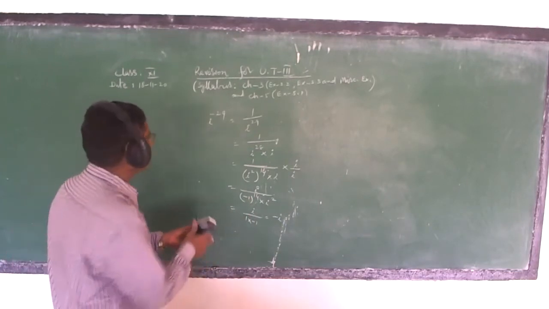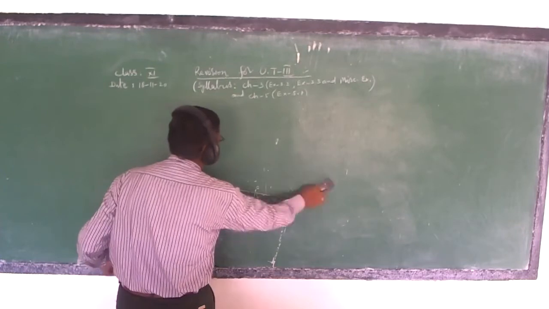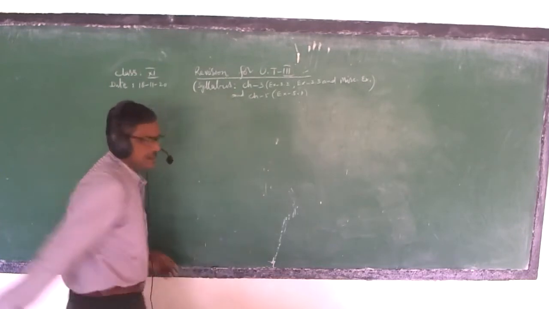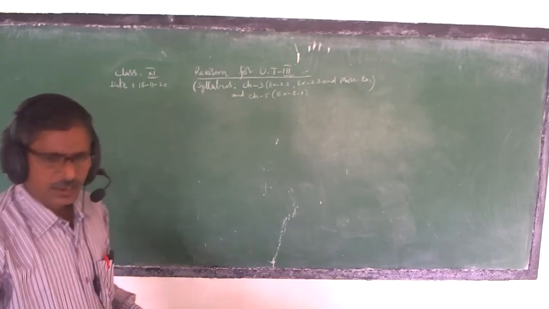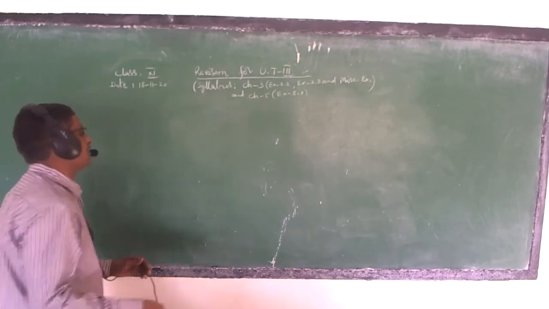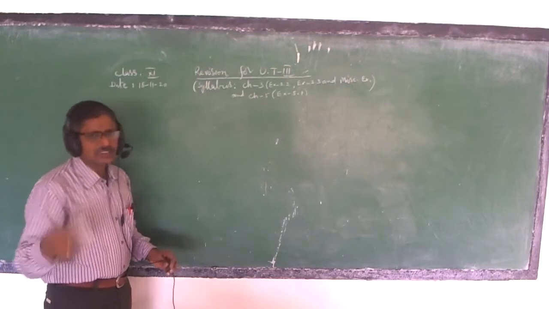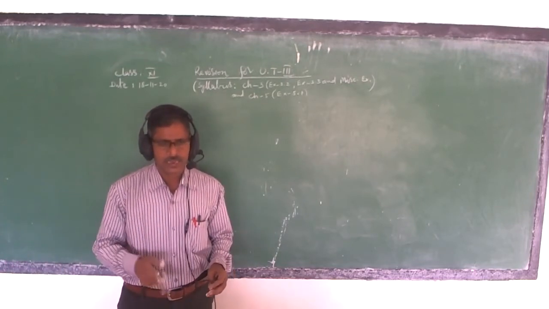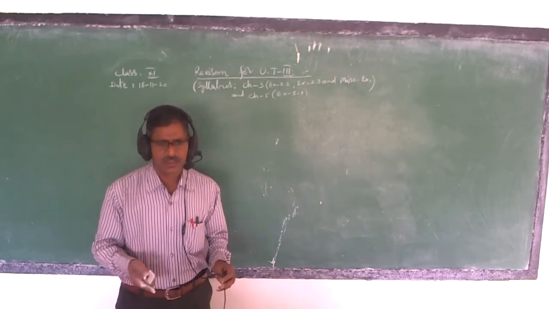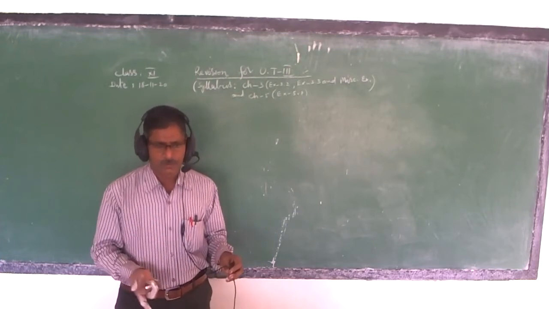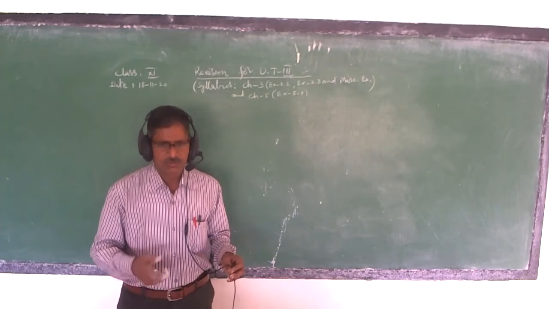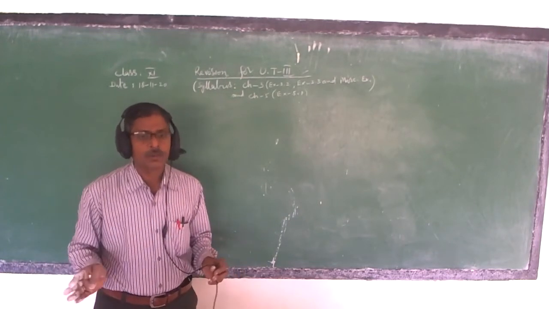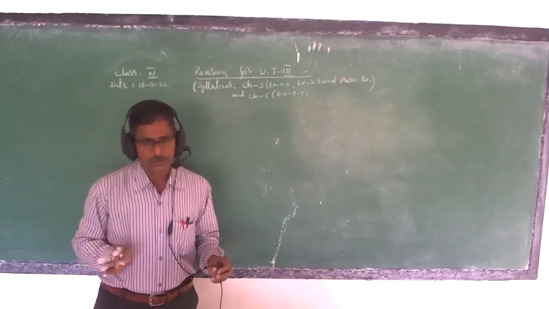Now, we can write the given complex numbers always in the standard form, that is a plus ib form, if they are given in any other form also, using algebraic identities. In 8th standard we have studied algebraic identities: a plus b whole square, a minus b whole square, a plus b whole cube, a minus b whole cube, a square minus b square equal to a plus b into a minus b. All these 5 identities are also applicable in complex numbers.